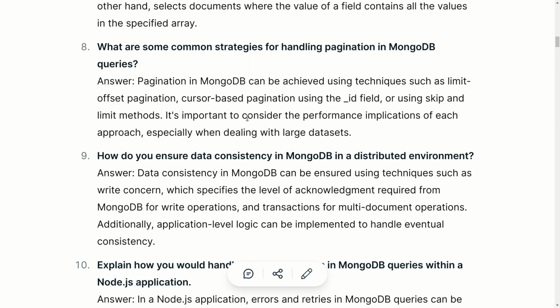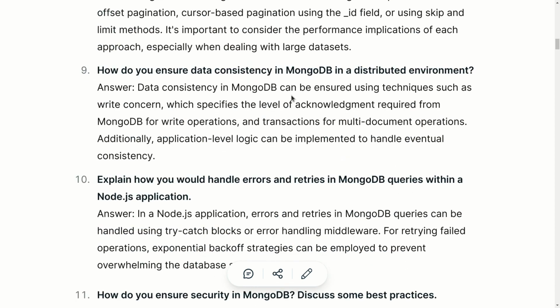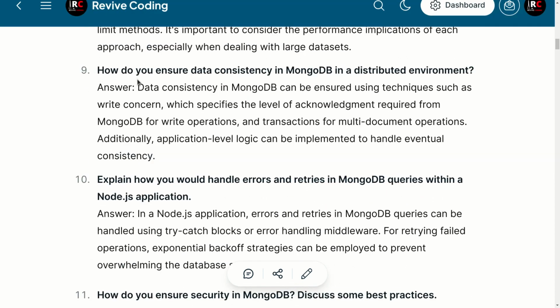Okay, it is important to consider the performance implications of each approach, especially when dealing with a large database or large data set. Now the next question we have is, how do you ensure data consistency in MongoDB in a distributed environment? Data consistency in MongoDB can be ensured by using techniques such as write concerns, while specifying the level of acknowledgement required from MongoDB for write operations, and transactions for multiple document operations. Additionally, application-level logic can be implemented to handle the eventual